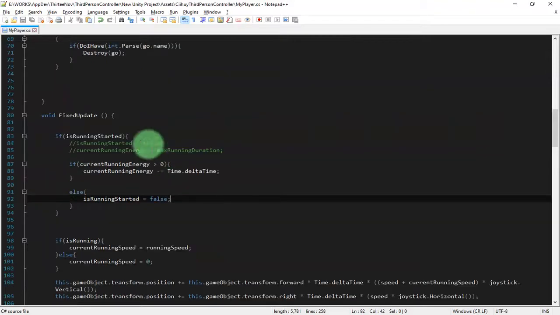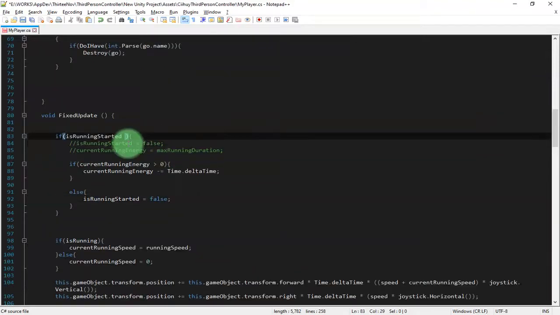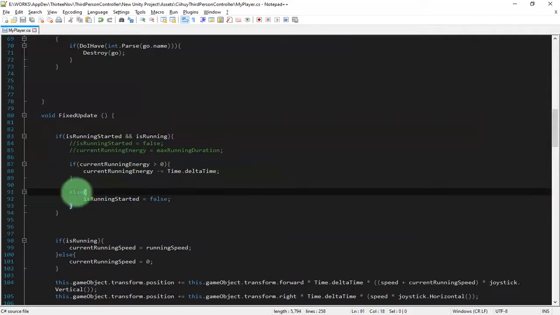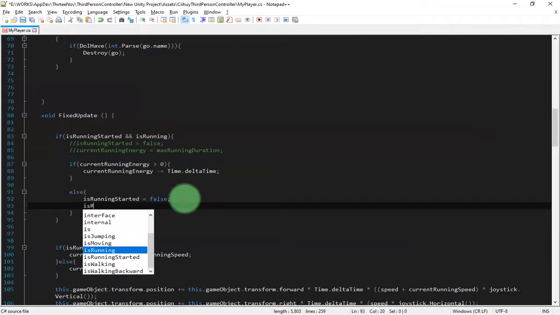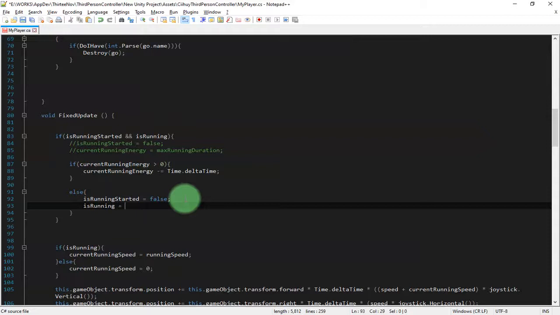And also I need to add this isRunningStarted and isRunning. Then here, else, after the running energy is getting empty, I set isRunningStarted to false and also isRunning to false.